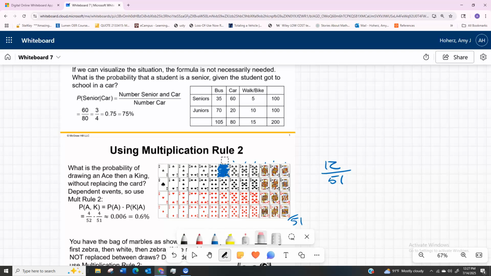And the reason that these become dependent is because we did not put that club back in. If we put the club back in and shuffled the deck, then you could say they were independent. But in this case, we're just going to draw that club out and we're not going to replace it. Okay, so